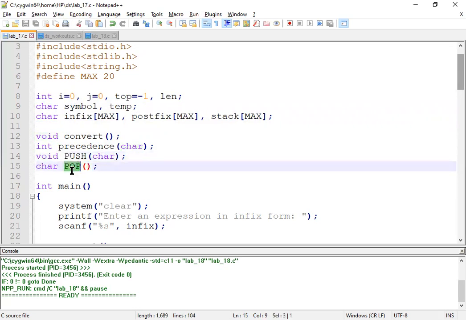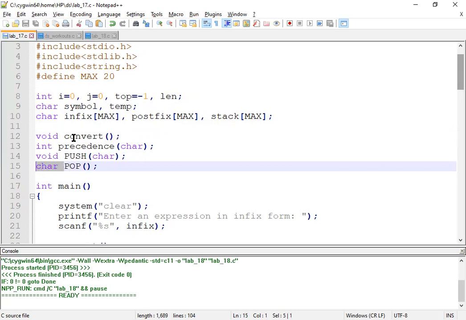Then the second function, pop, removes the element at the top of the stack. Since it is removing, it need not accept any parameter. The removed element, the character, will be returned by this pop function.